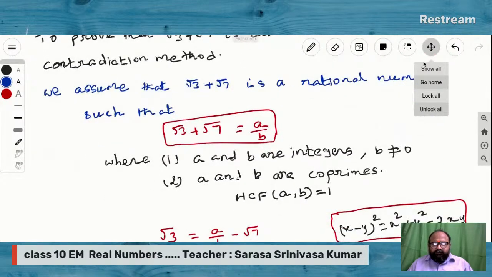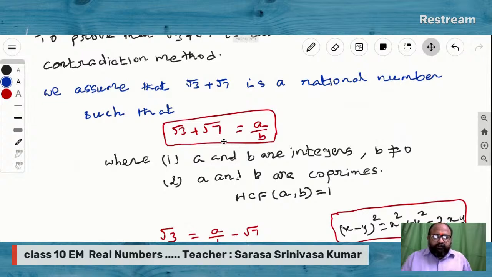If the given statement is not true, then square root of 3 plus square root of 7 is not an irrational number. We assume that square root of 3 plus square root of 7 is not an irrational number. If this is not an irrational number, then it must be a rational number. So we assume that square root of 3 plus square root of 7 is a rational number satisfying the conditions